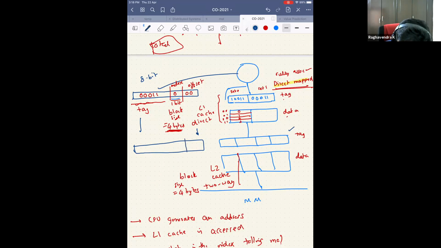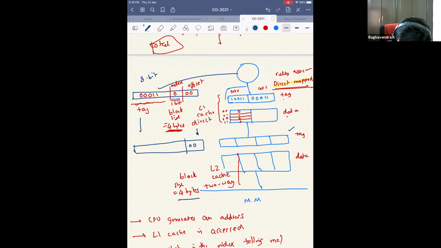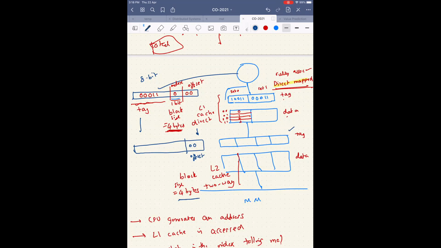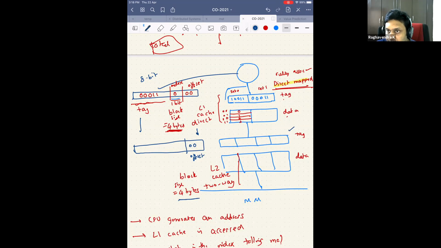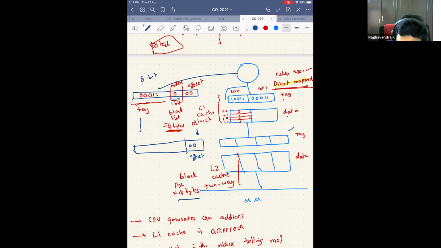Now, what is the offset for this? There are 4 bytes in this also, so the offset is 2 bits. Now, how many bits are there in the index? Yes, 1. Why is it 1? Because you still have 2 sets. It's a two-way associative cache.